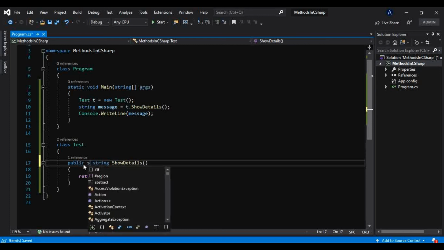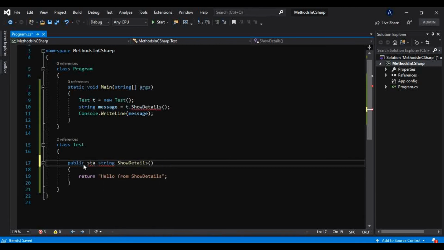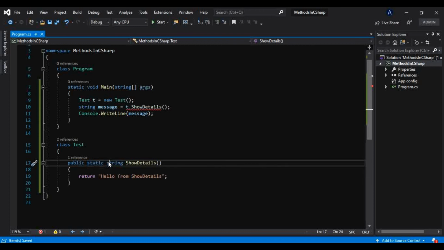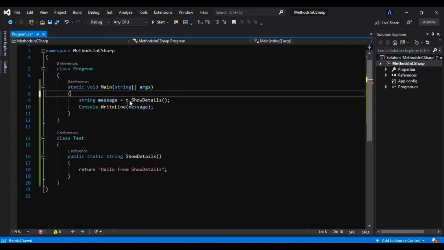So if I make this method static, that is, this static is one keyword. If I make this method static, again it is throwing an error. And why? Because as soon as you make that method static, it will no longer be accessed by the object, but it will be directly accessible on the class. So we will see that in very great detail. Don't worry, I just want to show you what the keyword is.